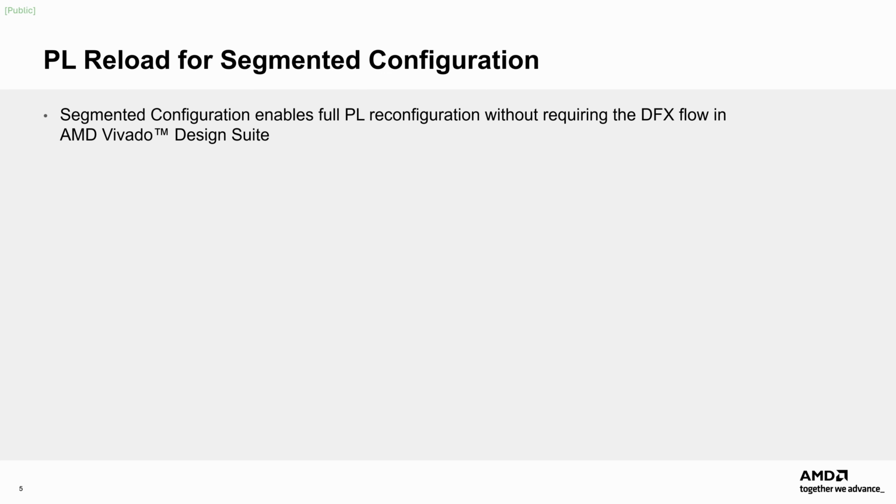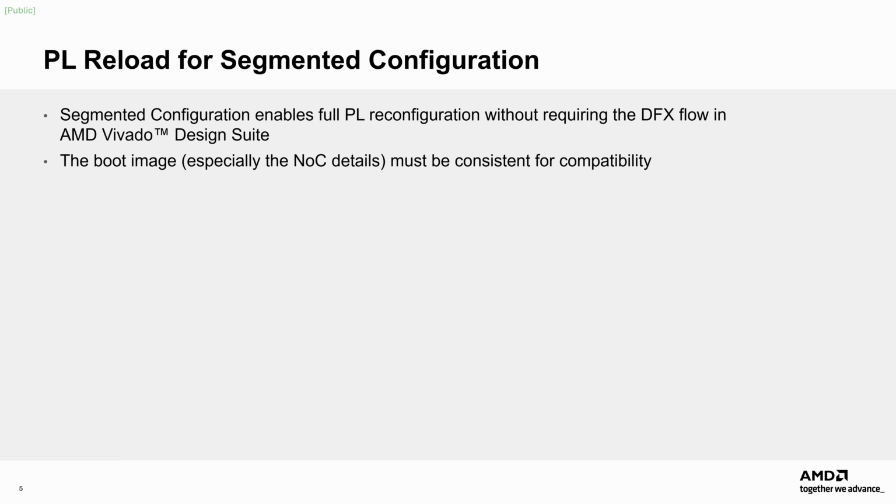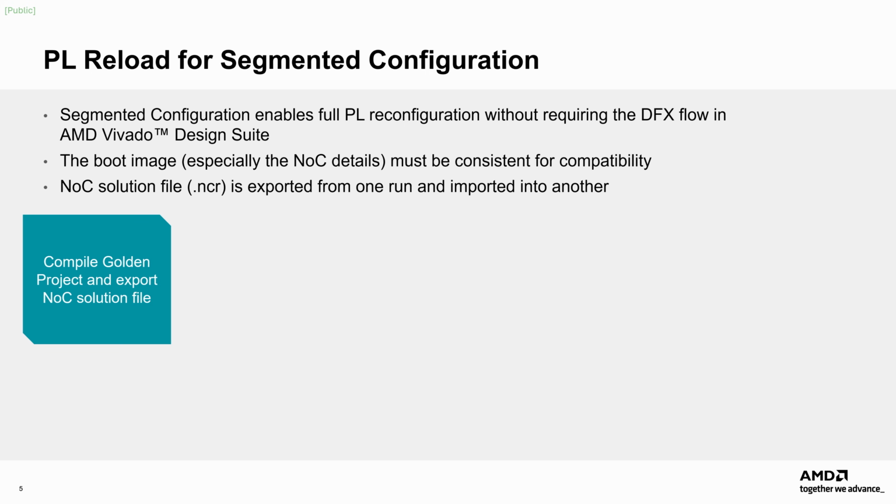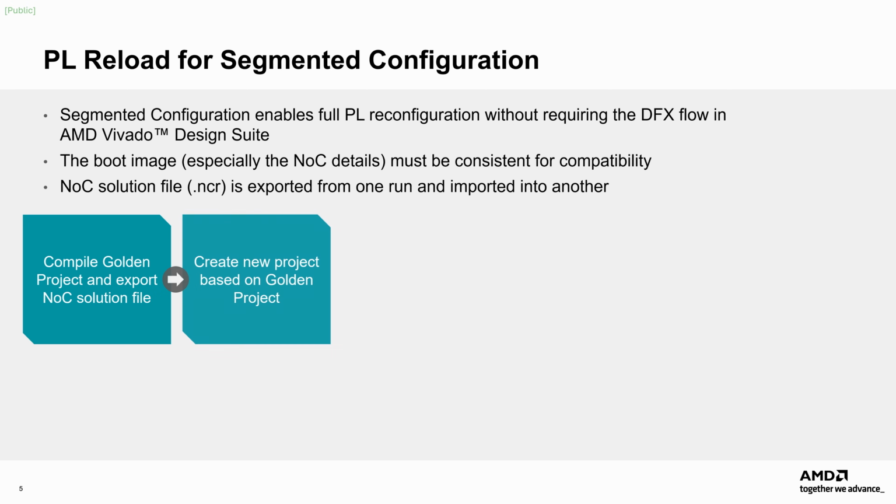However, it is important to establish consistency between multiple runs so that the NOC usage and interfaces match. To ensure consistency between implementation runs and their corresponding PDI images, the NOC solution is locked and then can be exported from one run and imported into another. The recommended approach to establish consistency from one project to the next is to create a golden project and spawn all new variations from this source. This ensures the same processing system, PS domain consistency, from the top-level block design name to NOC IP configuration and